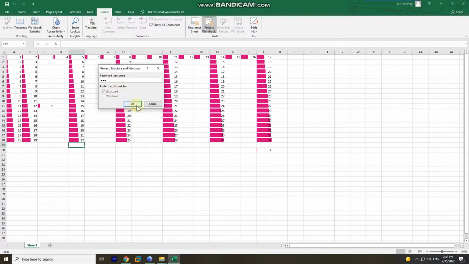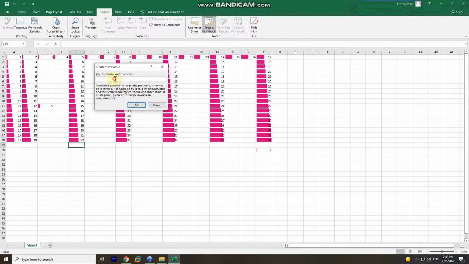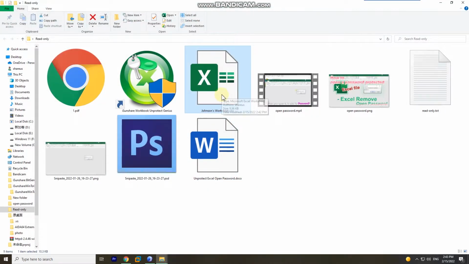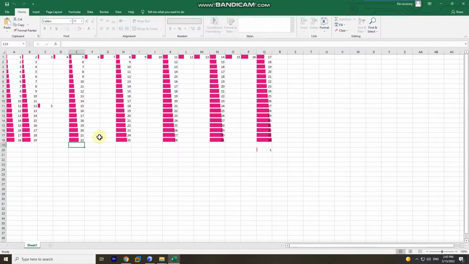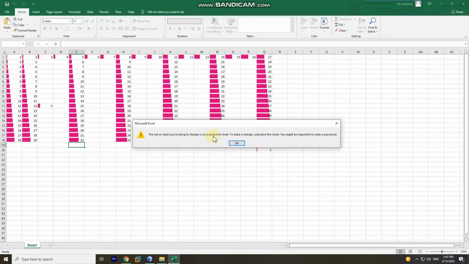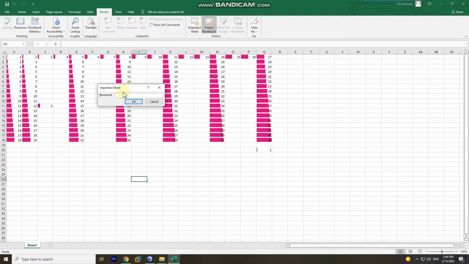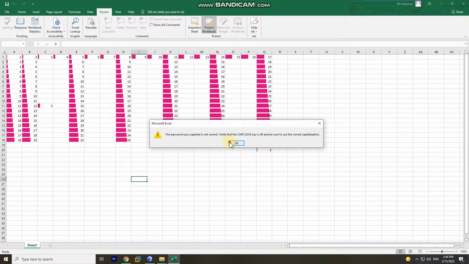Type the password and again. Let's see. When you try to edit a cell, you can't. When you try to edit a workbook structure, you can't. Once you want to unprotect sheet or workbook, click here and enter your passwords. If you forgot the password already,